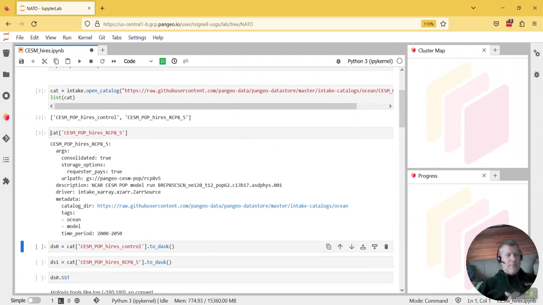If we look at the key for that particular data set in the catalog, we can see it's got a bunch of options here, but there's a little description. We can see that the data is actually sitting on Google Cloud Storage. And importantly, we can see down here what the time period is, from 2000 to 2050. So the nice thing about these, when it's in an intake catalog, you can just do the catalog, and you can say to Dask, and you've got it as